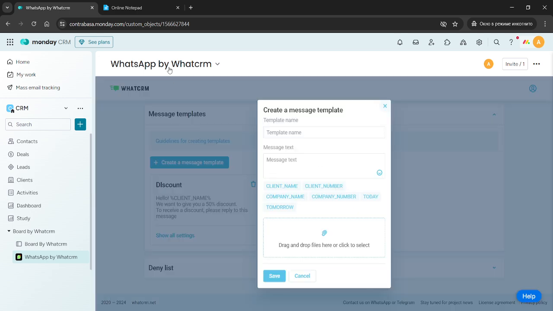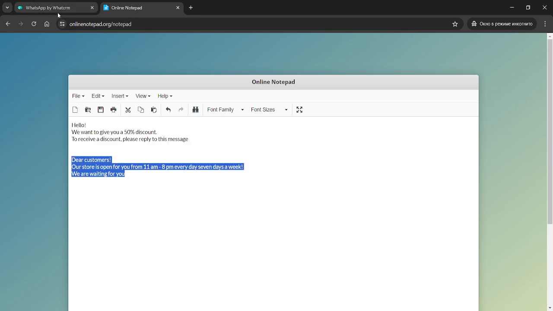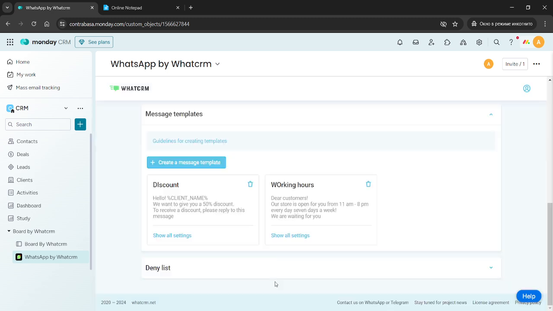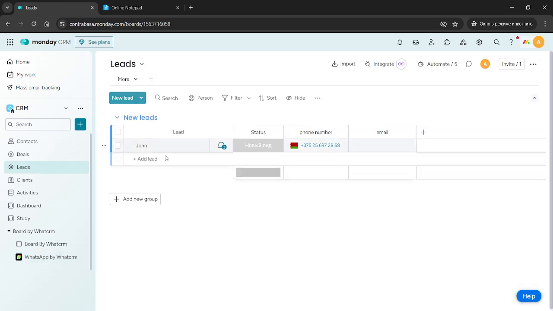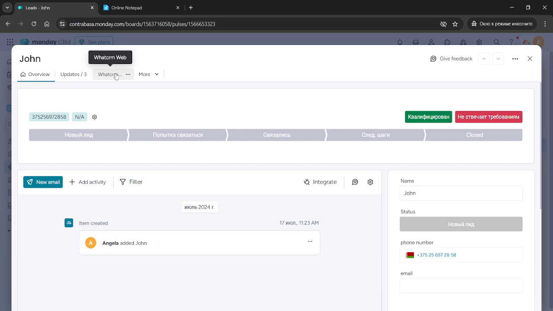And let's create the second one. Okay, this won't last long. Saving. And now, when you want to send a message, you need to go to your list, choose the contact you want to send it, open our widget,